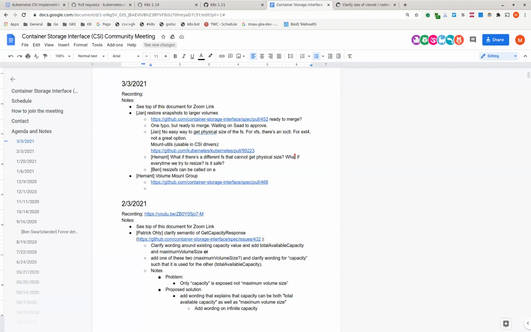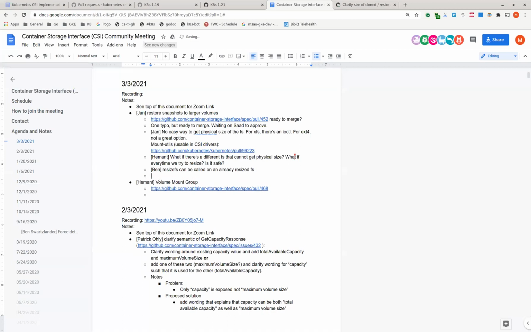Well, I was going to say that's one implementation. You can also call xfs_growfs in such a way that it just outputs the current size, and then you can compare that to what you think it should be, and then do something. XFS has a bunch of commands that dump the current file system size without trying to change anything.